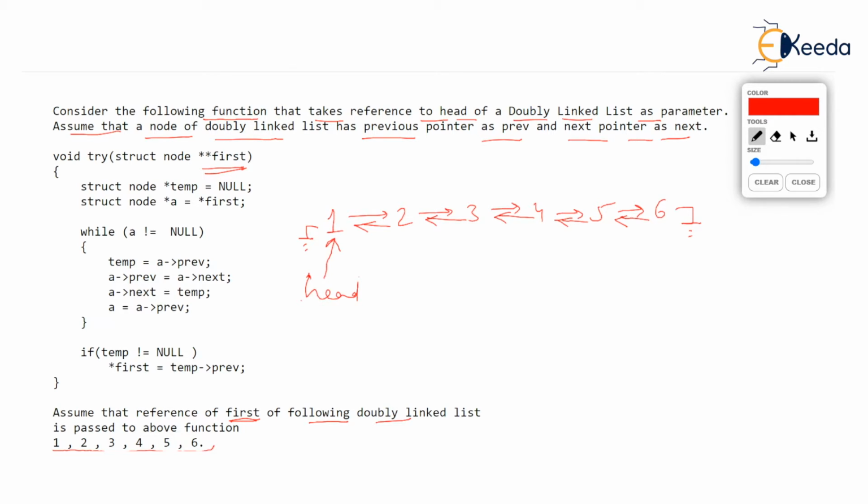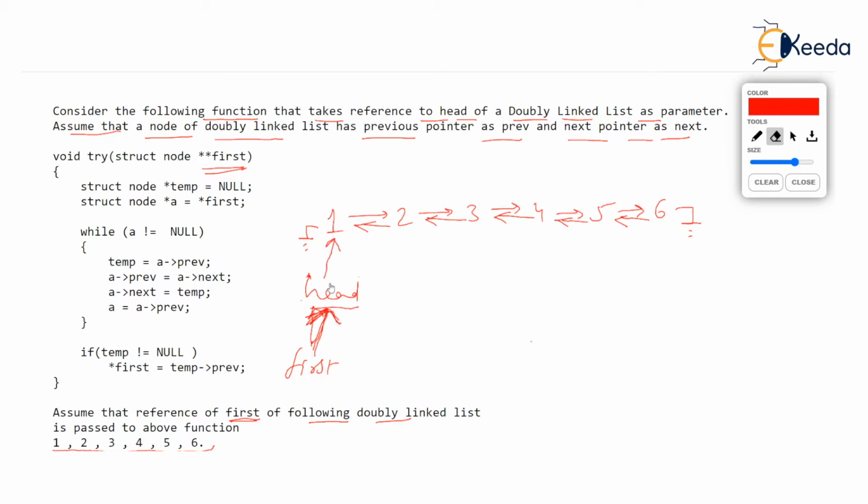And then there is a pointer called first, which is a pointer to pointer. So inside the function, if you write asterisk first anywhere, asterisk first means the value to which first points, that is head. So asterisk first will be the same as head. We have seen this many times in our doubly linked list program or singly linked list program. So first is a pointer to pointer which points to the head of the linked list.